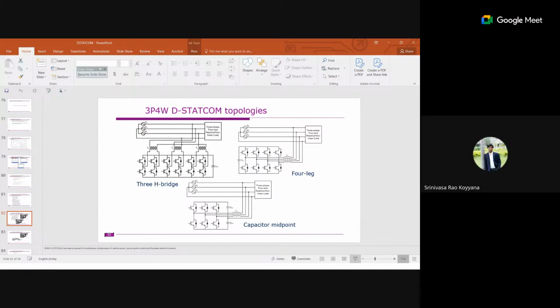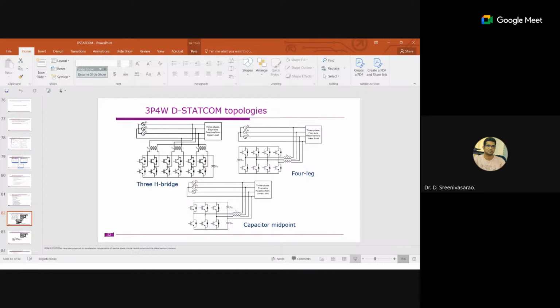Then what is the purpose of the chopper, sir? Sometimes you use a 3-leg split capacitor with a chopper circuit, no? Yes, the chopper circuit will balance the capacitor voltages. That is for the case of high neutral currents, not low neutral currents. Generally, it depends, as we discussed. If you are directly injecting current into the neutral point, the split point of the capacitors, there is a chance that the capacitor voltages always deviate. So to reduce the deviation, we use the chopper circuit.